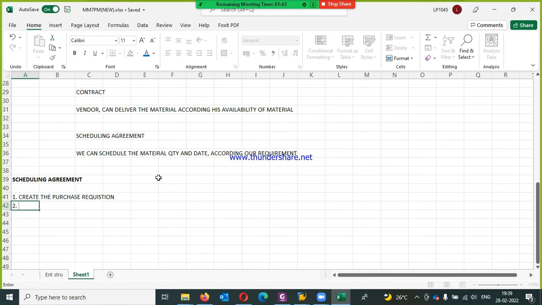Second one, with reference to the purchase requisition, we will create the scheduling agreement. Then once we have created the scheduling agreement, that agreement we need to send to the vendor, because whether he is able to deliver that much quantity within that time, whether that is okay for him or not, we need to send to the vendor, right? Print or transmit